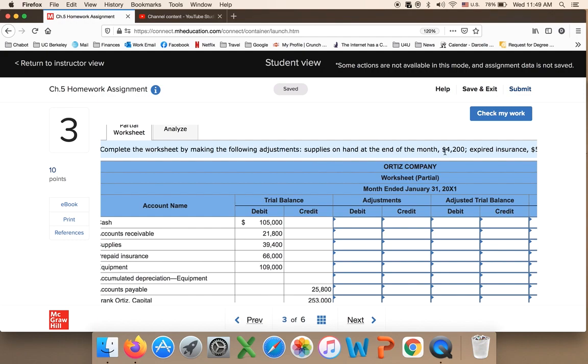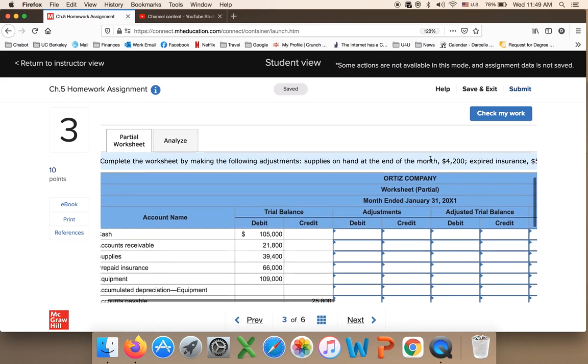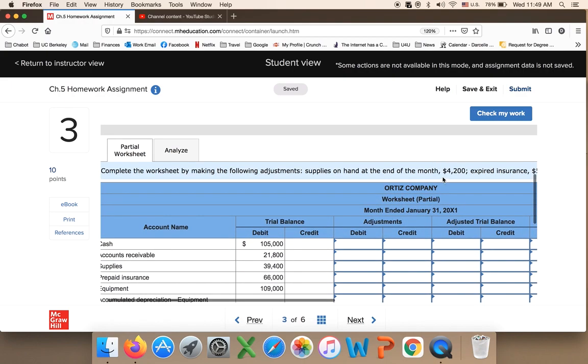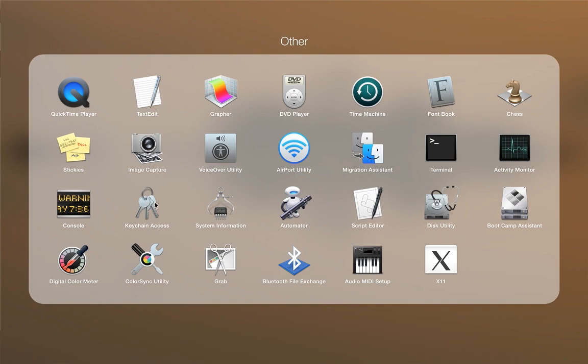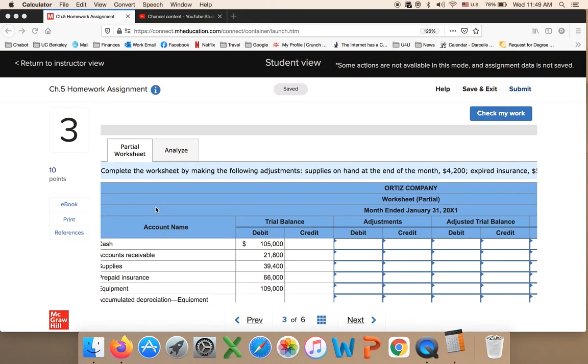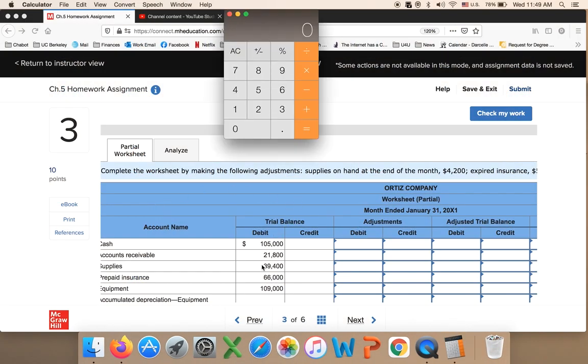Supplies on hand is 4,200, which means it's what I still have. So I have to look at supplies right here, 39,400. Let me open a calculator here. I had 39,400 supplies, and I still have on hand 4,200 left. So I adjust by the amount I used up. And this amount used up is